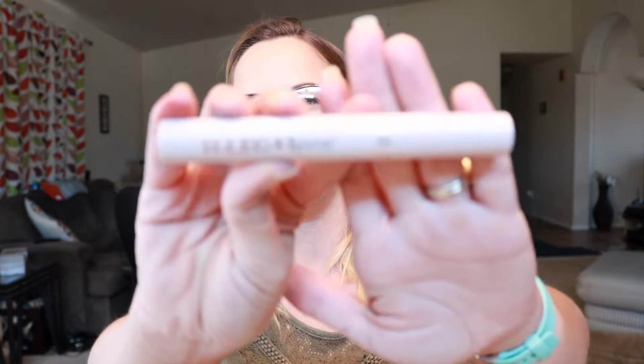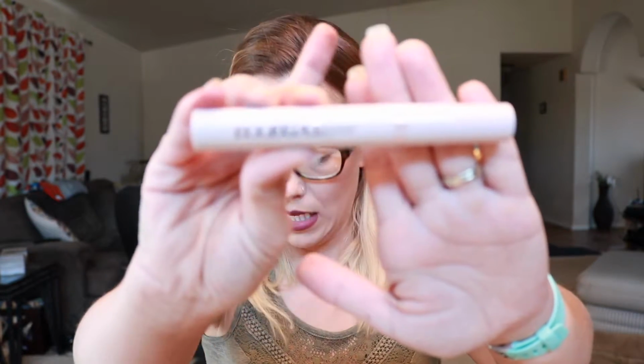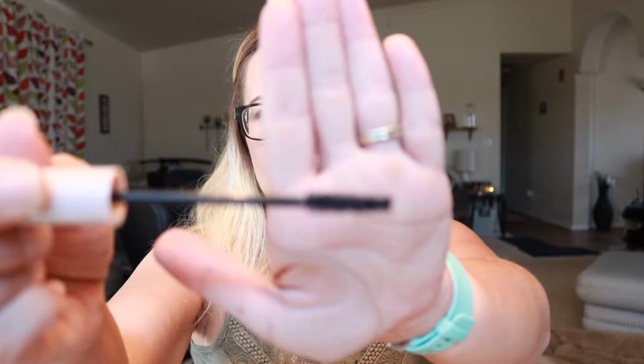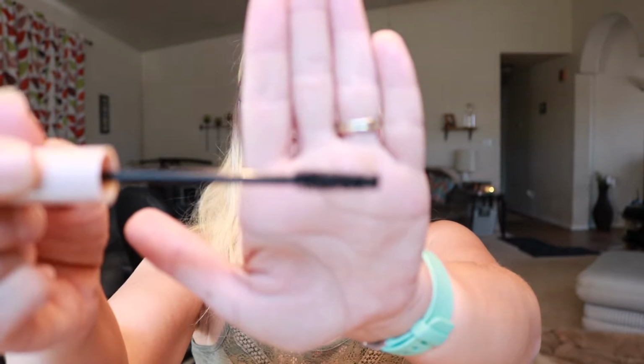Okay, so the first thing I'm pulling out of here is Illegal Eyes Doll 10, I'm thinking mascara. Yes, mascara. This is valued at $20. Let me see if there's any information on here. Doesn't tell me if it's cruelty free, so let's just open it. I can always give it to somebody else if it's not my thing. The color is not on here, but it looks like it's just black. Pretty basic one. Hold on, let me get myself out of frame so you can look at that. If it ever would focus. Anyways, that's just basic black